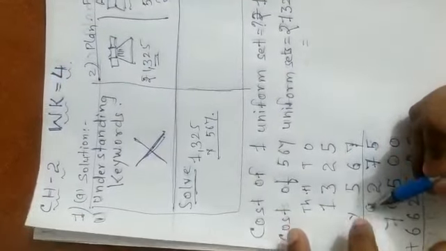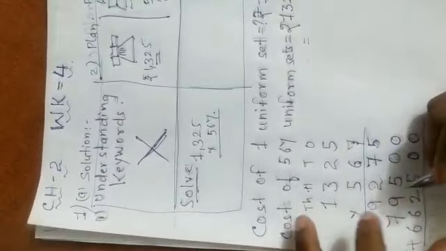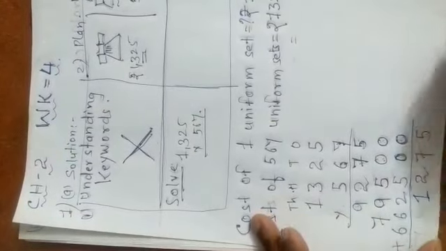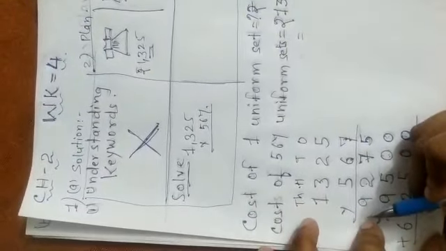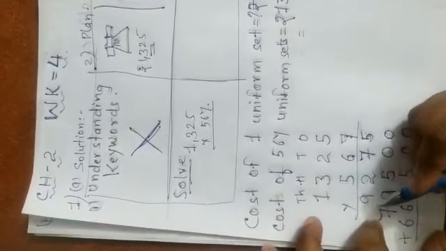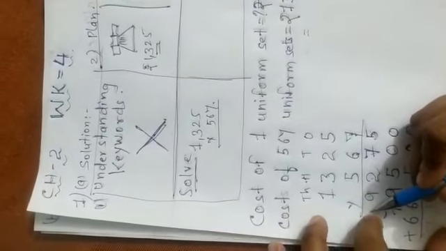the 1000 column. So 9 plus 1, 10. 10 plus 9, 19. 19 plus 2, 21. 1 I put down here in the 1000 column. 2 I take as a carryover in the 10,000 column. So I will add the carryover 2.